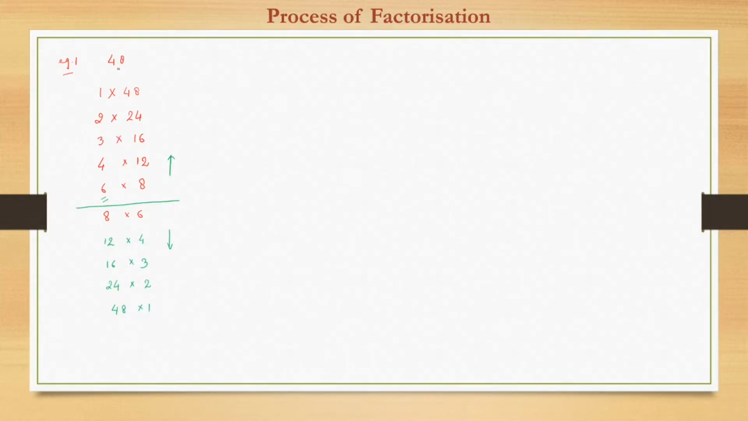below the square root, what would be the square root of 48? It would be 6.xx, so the nearest integer is 6. So we just need to check up till 6 and the corresponding multiplier we will get. So now from here